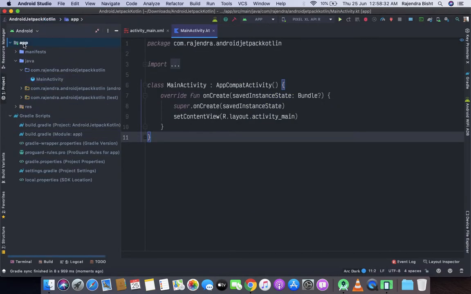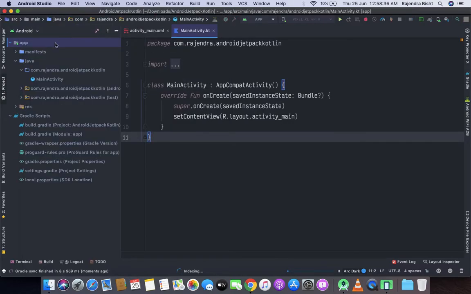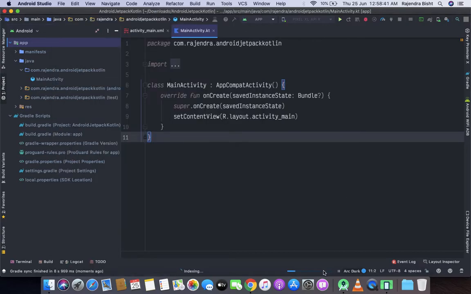Now let's create a new resource file, which is a navigation. Let's right click on app, new. One minute, it is indexing, so we have to wait. Now the project is ready to work.